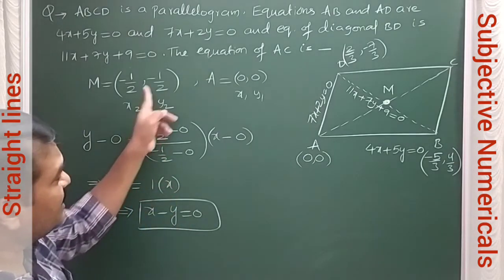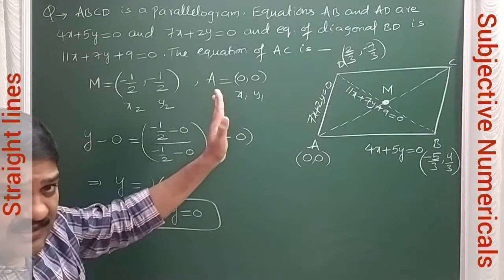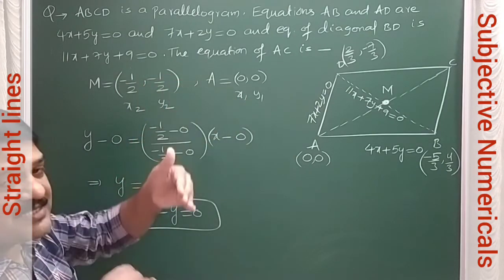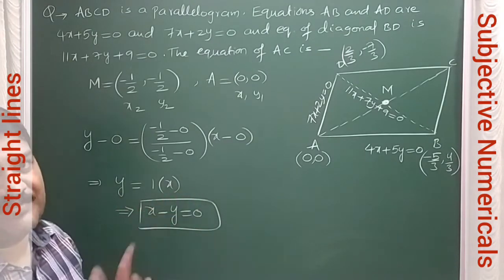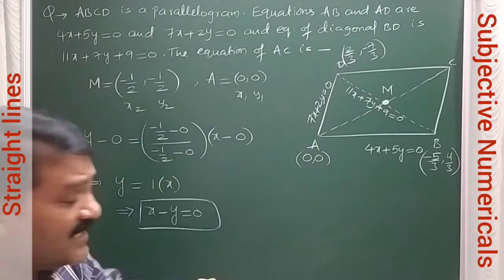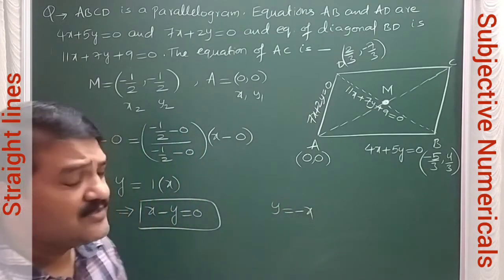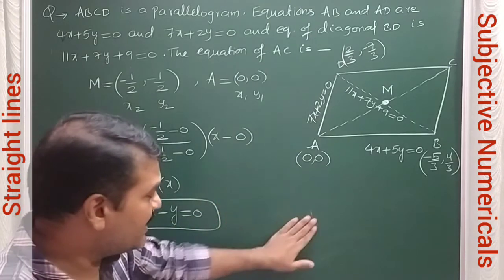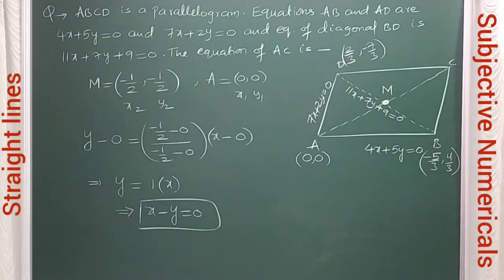So, whenever you see points such that x and y coordinates are equal, the equation of the line passing through those will automatically be y is equal to x. When the x and y coordinates are of opposite signs, the equation of the line will be like this. So by seeing the points itself, you can write the equation actually. Okay, so let us move on to the next problem now.